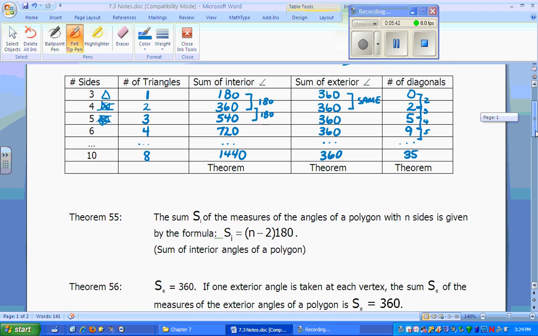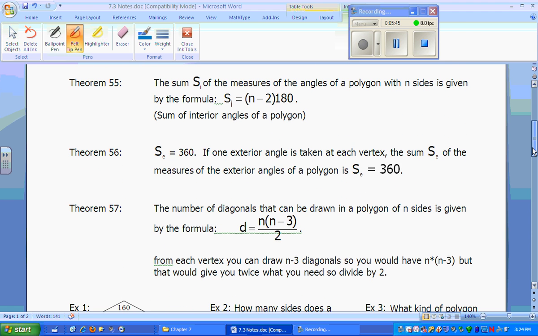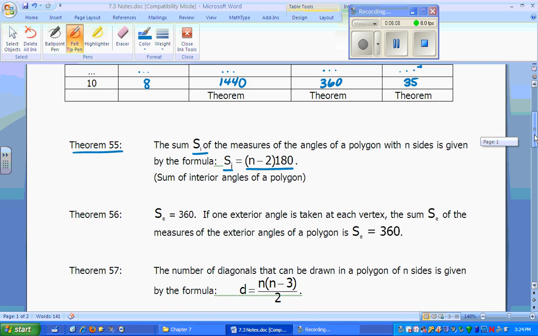So now let's talk about the theorems that you will have to have memorized. I said will have to have memorized for the test and for the rest of the semester. Theorem 55 is the sum of the interior. So that's the column with the 180, 360, 540, 720, and so on. The measure of the angle sum of a polygon with n sides is given by the formula: sum of the interior equals n minus 2 times 180, which totally should make sense to you due to the fact that